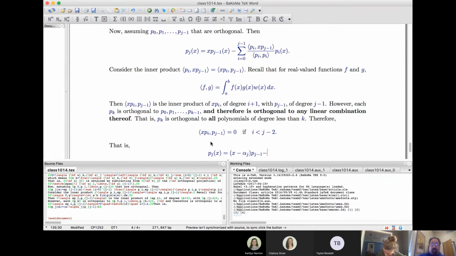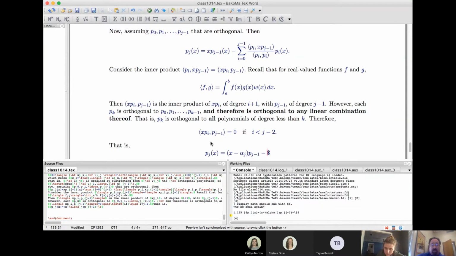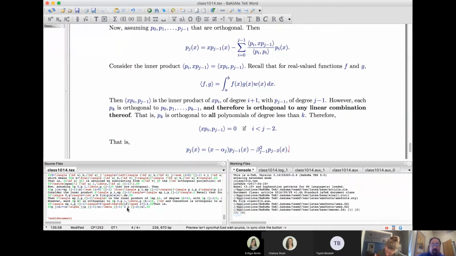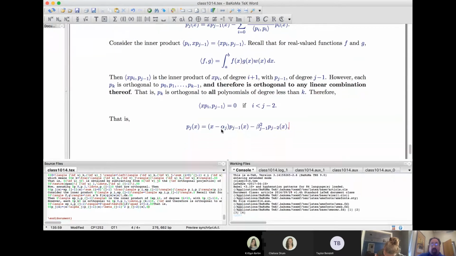Okay, x minus alpha j times p j minus 1 of x minus beta j minus 1 squared times p j minus 2 of x. So we have these coefficients, alpha j and beta j minus 1 squared, where